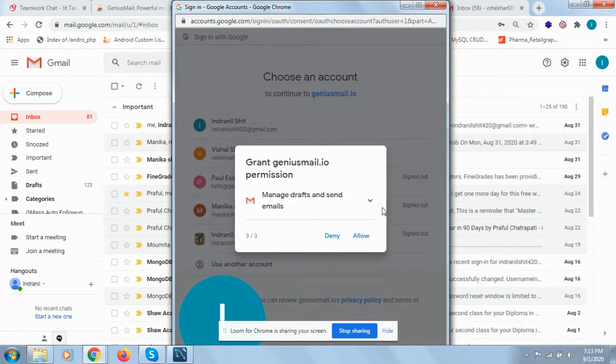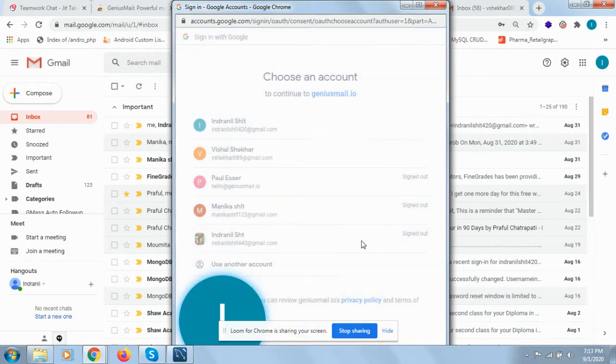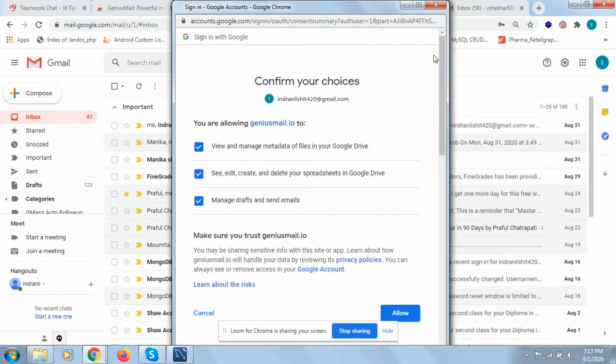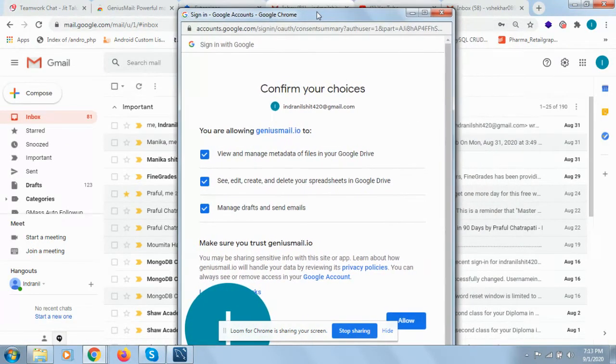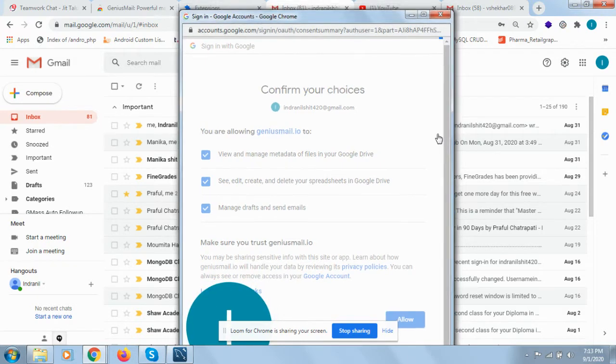After this, manage drafts and send emails, because we are managing drafts and sending emails on behalf of the users. That's why this permission is also needed. Okay, so after allowing all those things, see, these things are coming. You can see all the permissions over here. Once you allow all of them,